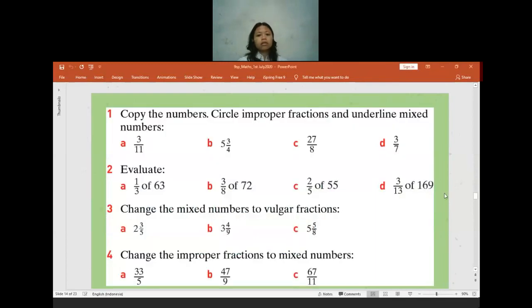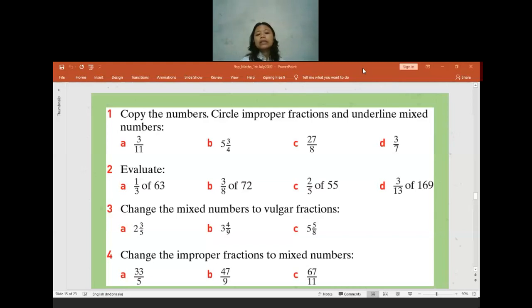Okay. These are some questions. I did not take them from your textbook, but some of them are similar to your textbook. Anyone want to help me? Later I will send the PowerPoint because this is not in your textbook, I think. If it is in your textbook, I already write what page it is. It's not in your textbook, I think.